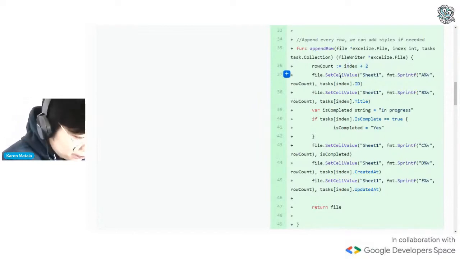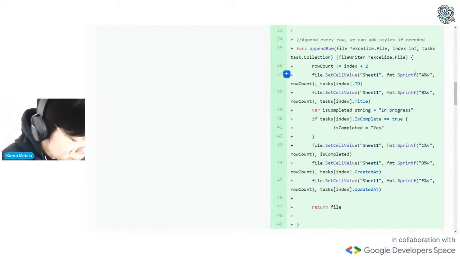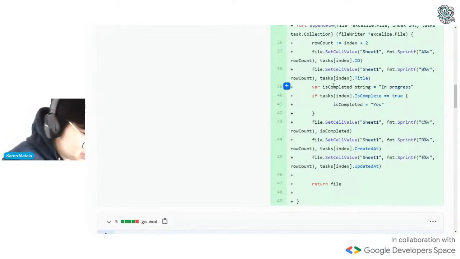Yeah. Now we just have to set the cell value from the sheet 1, and then I have here a Sprintf, so manipulation of the string. So on A1, like percent sign v or value. Again, this is an index. So it would manipulate it to let's say A1 and then B1. And then you can see here that I could easily access the property. So I am accessing on the first column the ID, the title, and then here you would see I have a